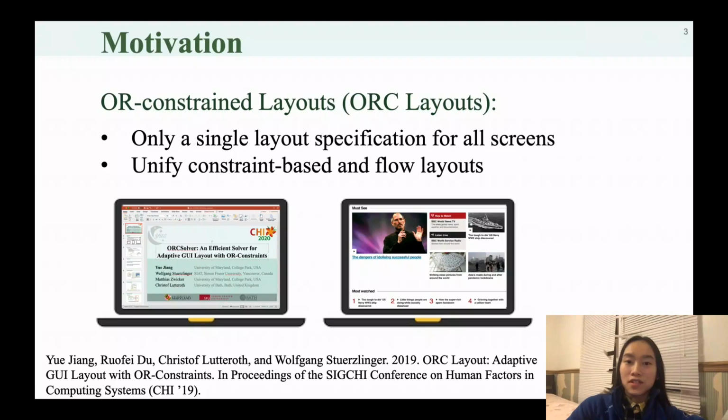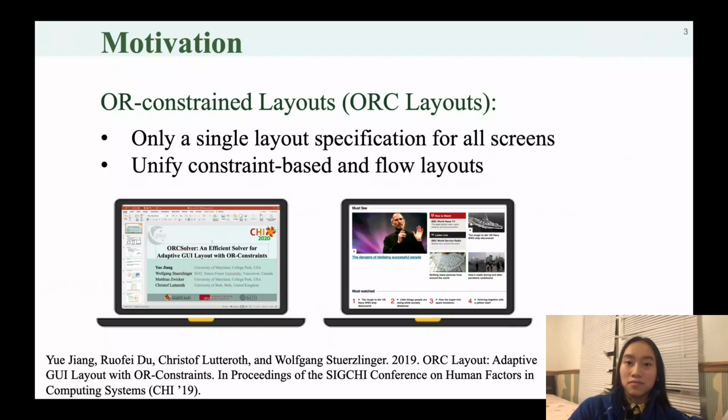Modern GUI layouts often use constraints to align widgets or add other restrictions. However, in constraint-based layouts, the layout topology is fixed, which means that once the designer is done with the layout design, widgets will have fixed positions, so they cannot move around anymore. Web layouts are often flow-based. Whenever the screen size changes, items can reflow down the page in the same way we read a document. However, flow layouts do not allow designers to restrict the positions and sizes of items relative to each other. Unifying these two kinds of layouts with all constraints makes GUI design less time-consuming, easier to maintain, and to keep